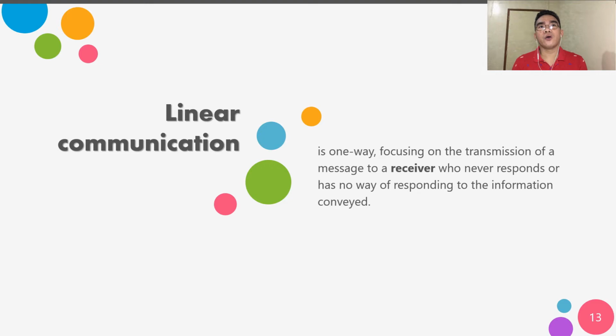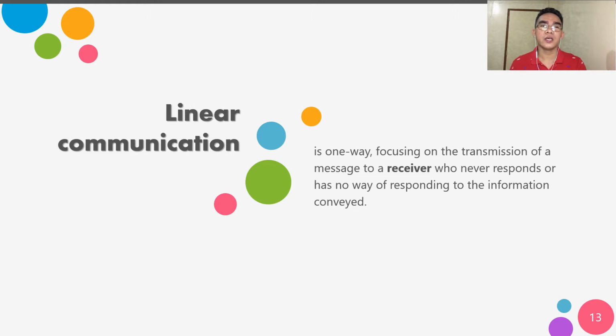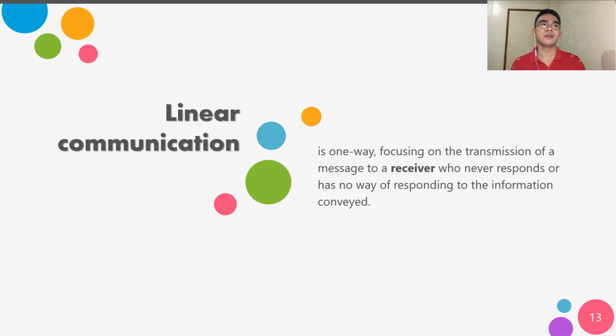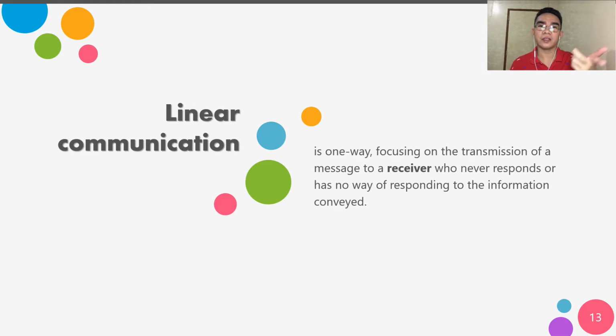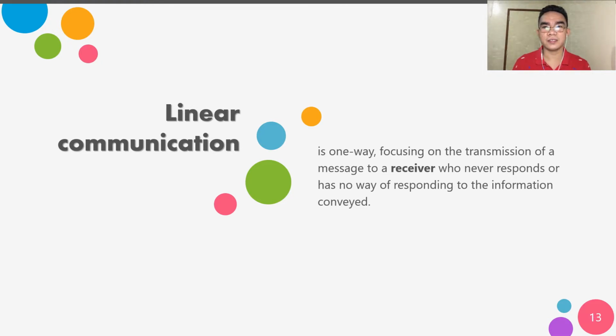Another example is radio broadcasting. I am going to announce something on the radio, and my audience or receivers will be those who are listening to the radio. I will announce something, then the receiver will receive it because they will listen to it, and they will not be able to respond to what I say because I am on the radio, right? Not unless we are talking face to face, or through our telephones or mobile phones.